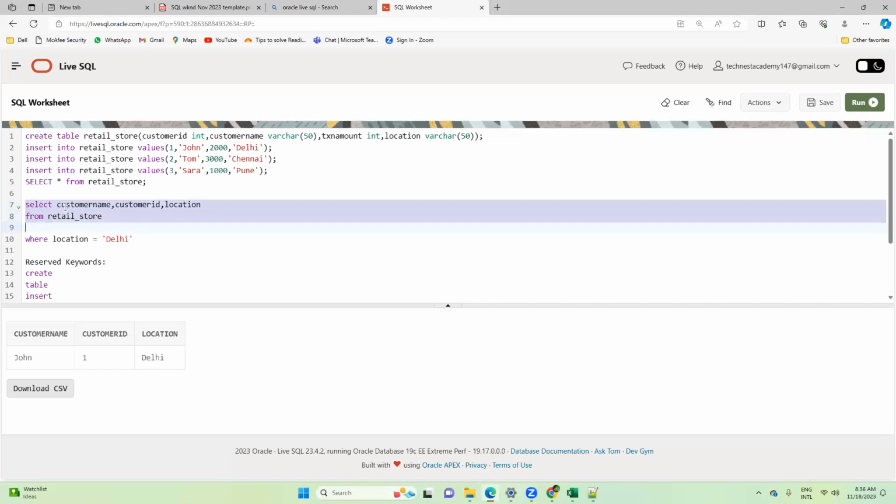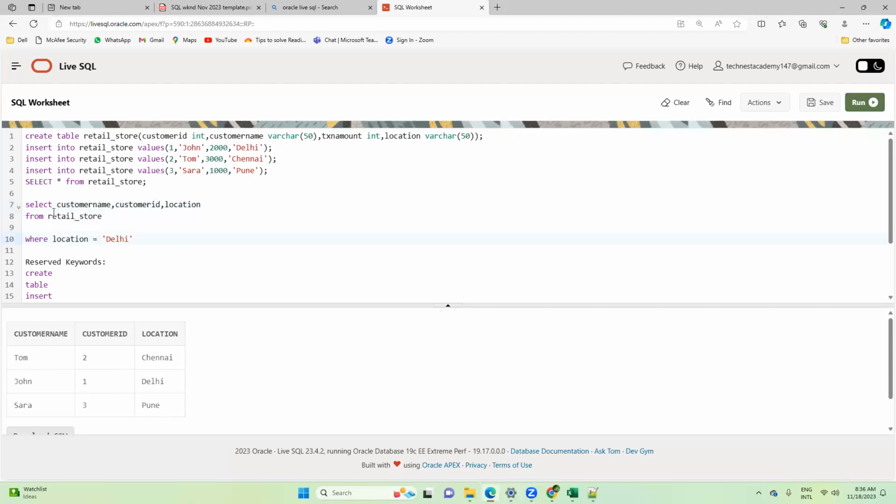What is the meaning of this? The meaning of line number 7 and 8 is you are telling to display all the customer name, customer ID, and location from retail store. You're not applying any filter. So that's why it will display all the records. Now see, it is displaying all the records. Correct? But when I am applying this condition where location equals Delhi, it means